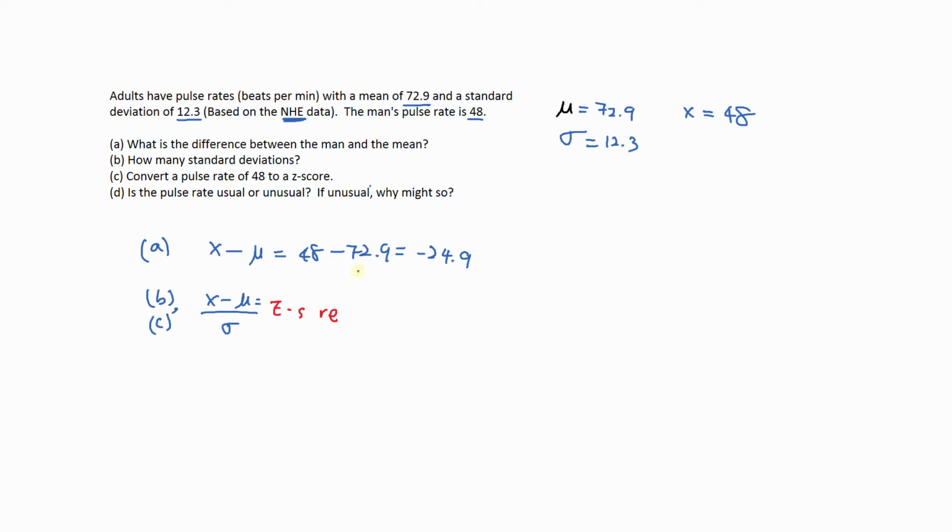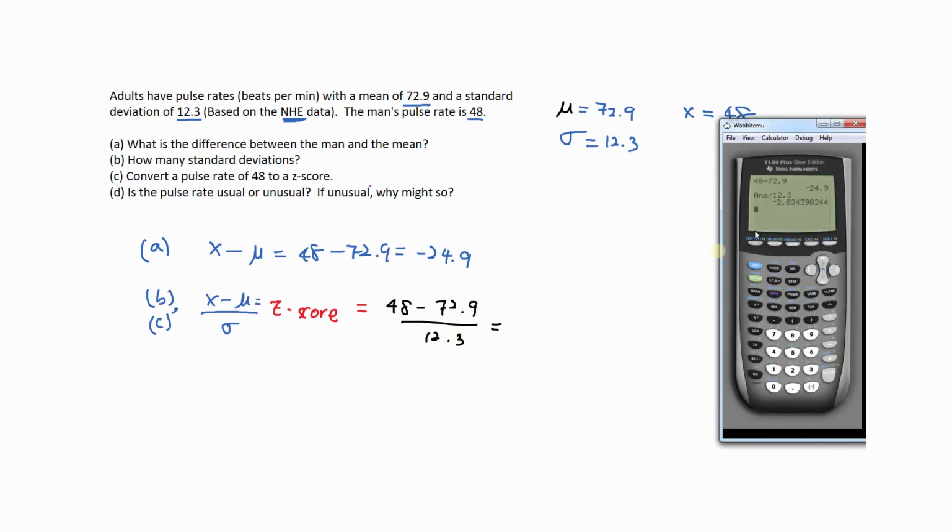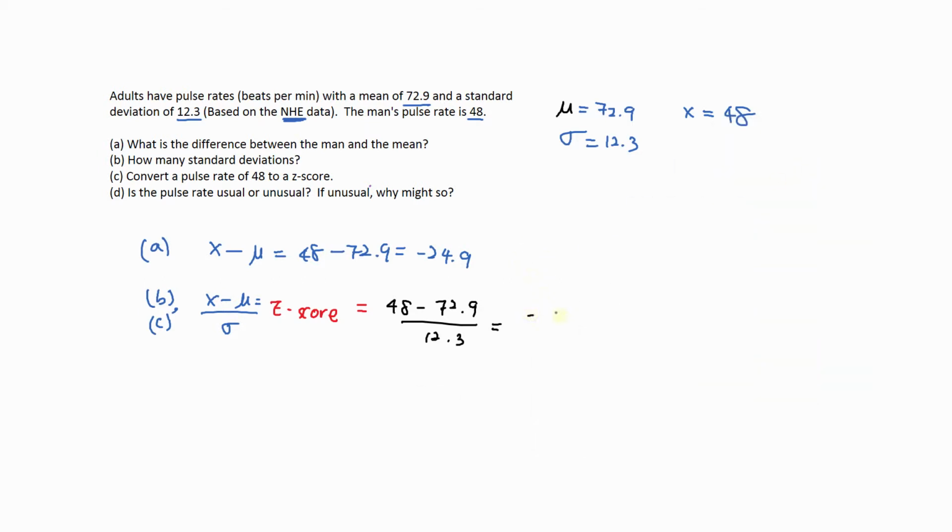So the higher the z-score number is, the more unusual it is. So the z-score is 48 minus 72.9 over 12.3, and I believe it's about 2. Okay, I've done this already. So negative 2.02 is our